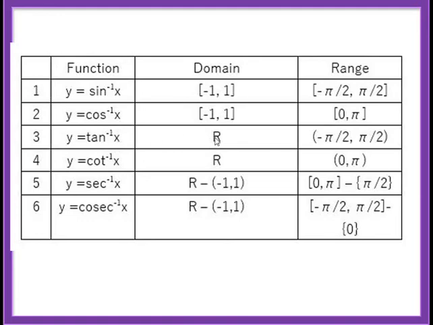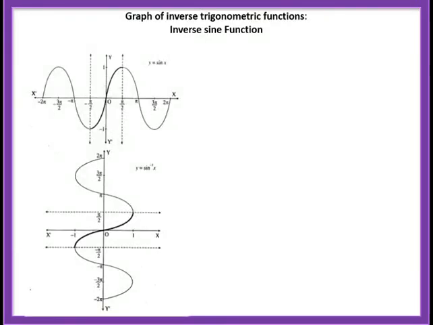Now for tan inverse x, what is the domain? It is the set of real numbers. And what is the range? It is, remember, the open interval minus pi by 2 to pi by 2 because tan pi by 2 is not defined. Again, tan 0 is 0, tan pi is also 0, but tan inverse 0 is not pi. Tan inverse 0 is 0 because pi does not belong to this interval. Is that clear? Similarly, for the remaining 3 inverse functions, cot inverse, sec inverse and cosec inverse.